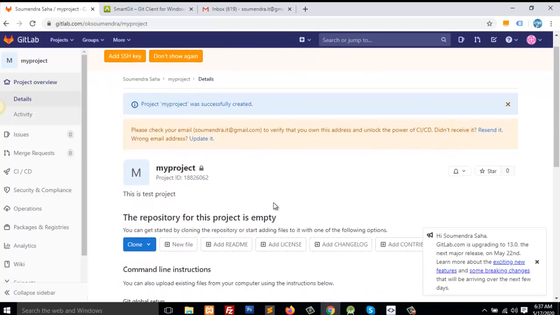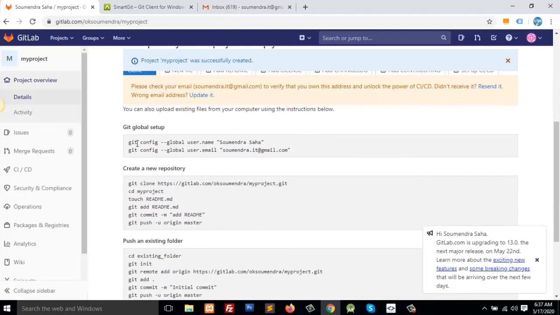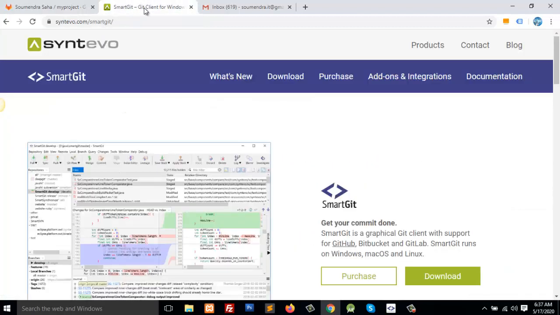So here I have created a project. Now I need to use another software which will help me to push and pull this project from the server. For this you can use the command line as well. You can see these are the commands. You can use these commands in your command prompt, or I will be using a software called SmartGit.